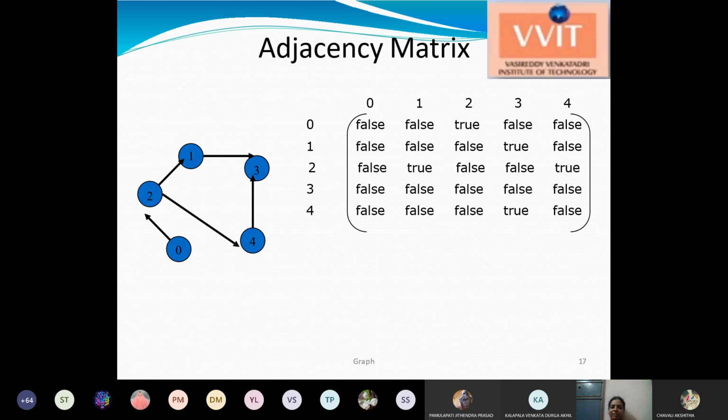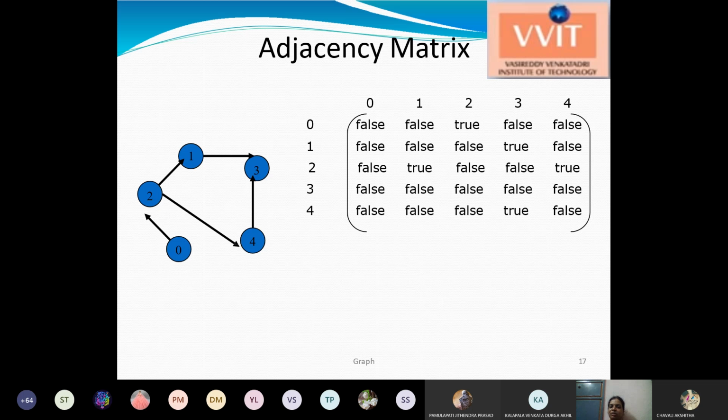Now we'll start from the first row, which is vertex 0, with column 0. For this first row, we need to mention all the adjacents between 0 and the remaining vertices. The first row represents all the edges which pass from 0 to the remaining vertices. Each vertex's row mentions that vertex's adjacents.